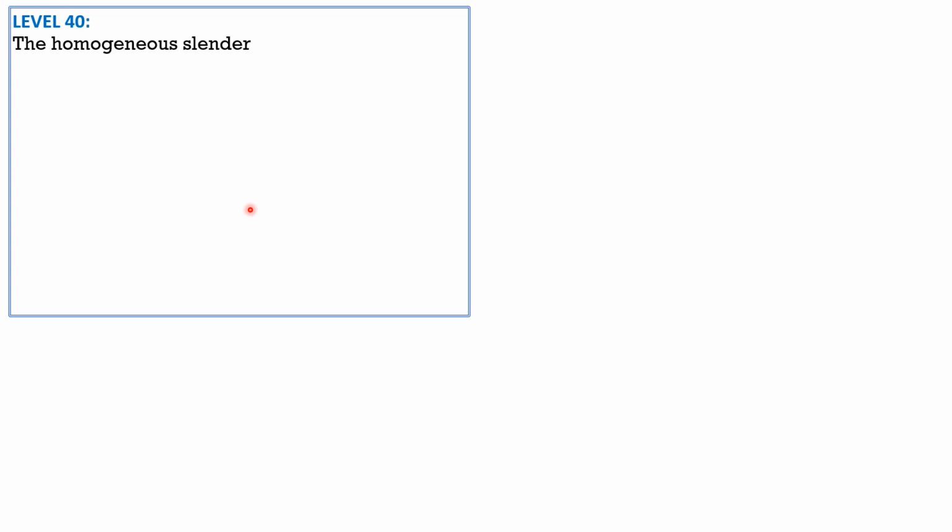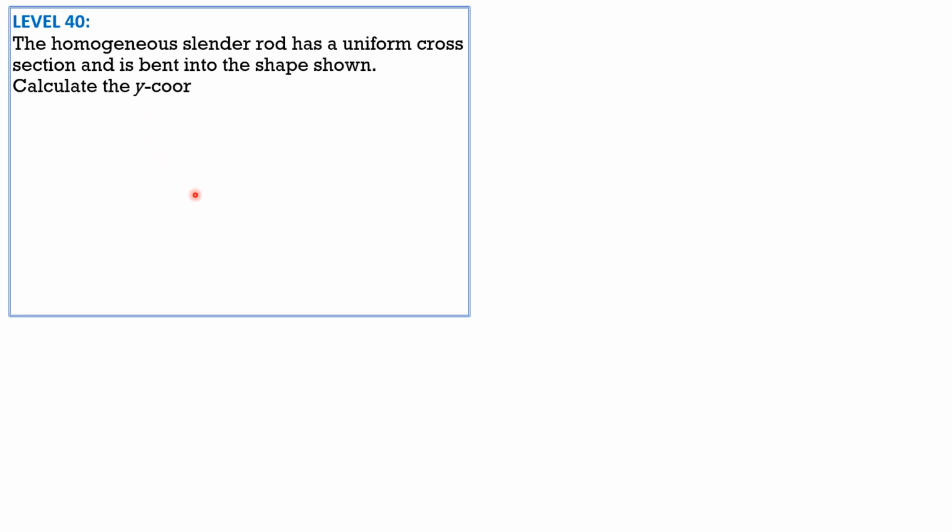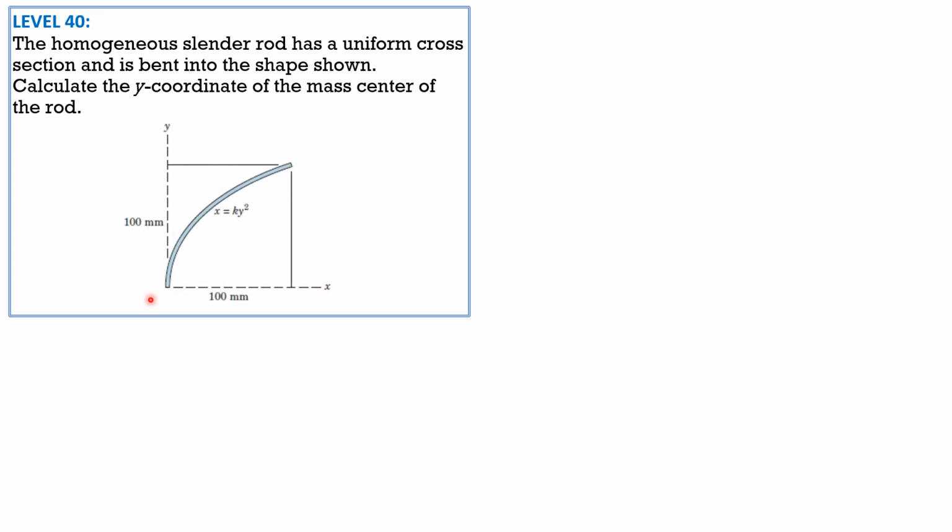Problem 40. The homogeneous slender rod has a uniform cross-section and is bent into the shape shown. Calculate the y coordinate of the mass center of the rod. So here is the figure. So we'll find the length because the rod is homogeneous. So the location of the centroid of the length is also the coordinates of the mass center of the rod, because the rod is homogeneous, meaning uniform cross-section and